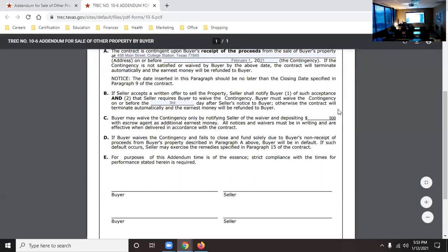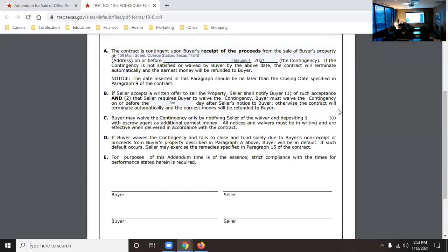This is where C comes in. If Mr. Colton does decide, I'm just going to waive contingency, I'm going to get rid of this, Mr. Colton would have to put down another $500. He would place this $500 down, and Mr. Colton at that point has now waived this contingency. Okay, so in that particular situation, he would have to put his additional $500 down to what he already has